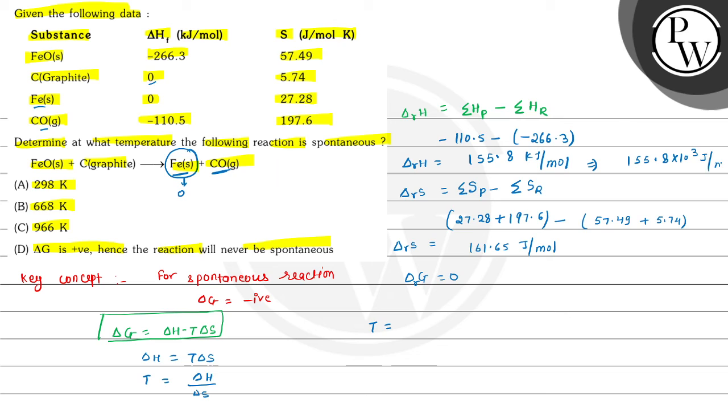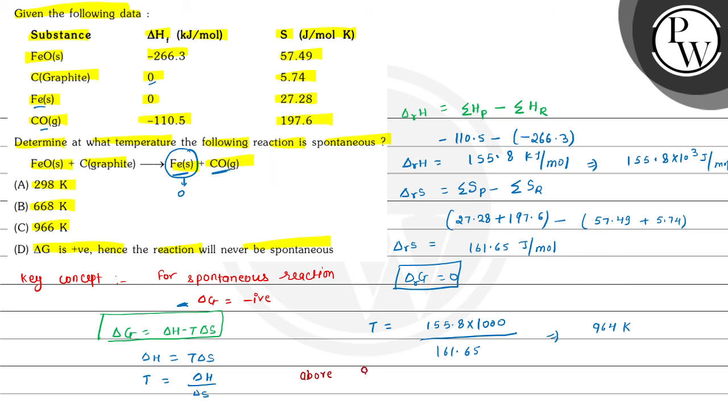3 joule per mole. Now we can substitute the value here, 155.8 multiplied by 1000 divided by the value of change in entropy of reaction, that is equal to 161.65. So this will come out to be 964 Kelvin. Now this is the temperature of 964 Kelvin at which the reaction is at equilibrium, and the change in Gibbs free energy is 0. We need change in Gibbs free energy here negative, so that we can write here that